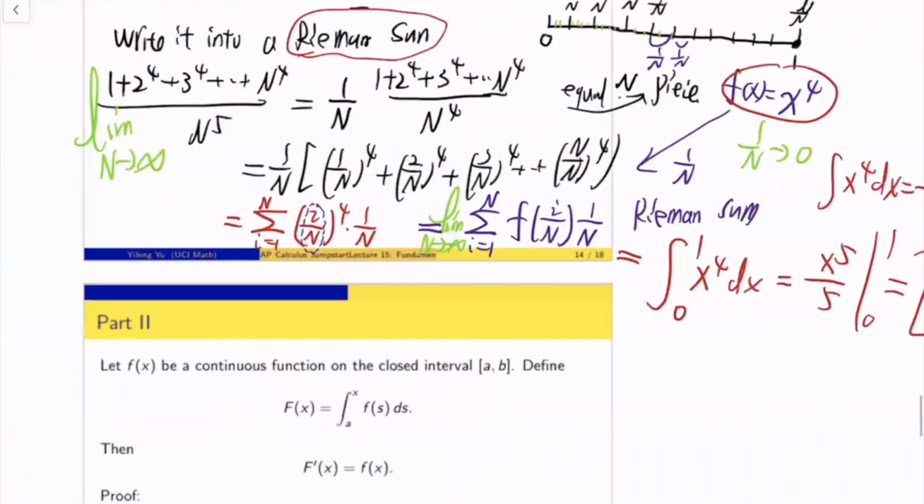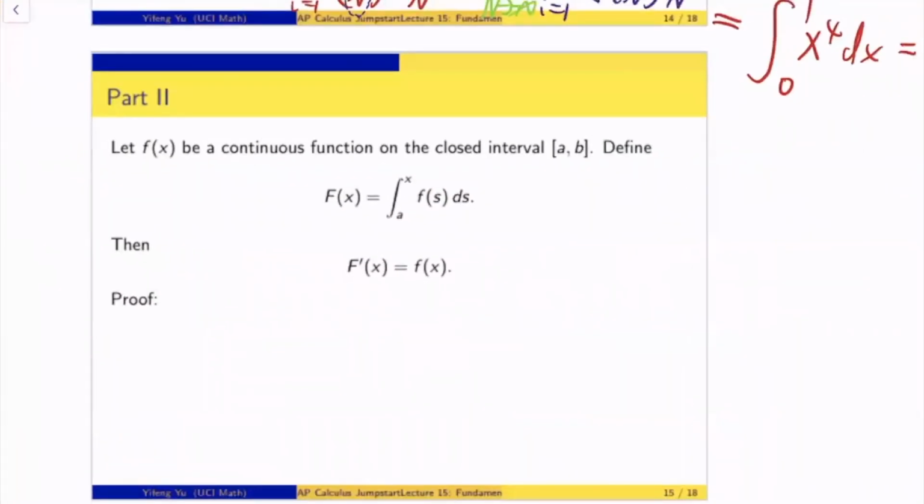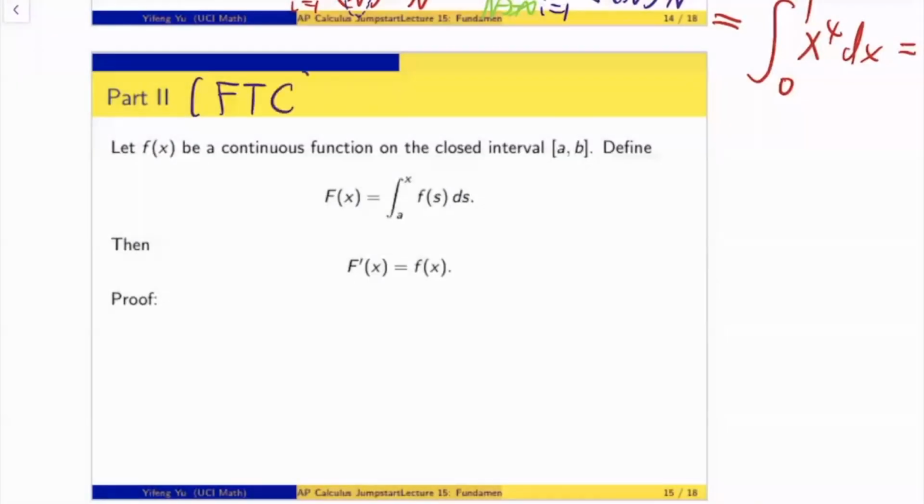Okay. All right. Next, let's look at the second part of the fundamental theorem of calculus, FTC. Part 2 says this: suppose f is a continuous function defined on [a, b], and then I define a function F(x), that is, I choose x between a and b, and I do the integration